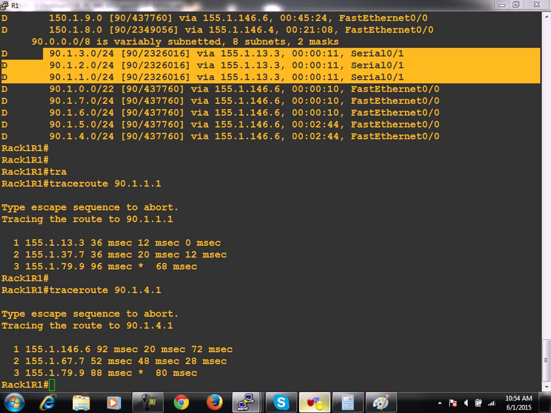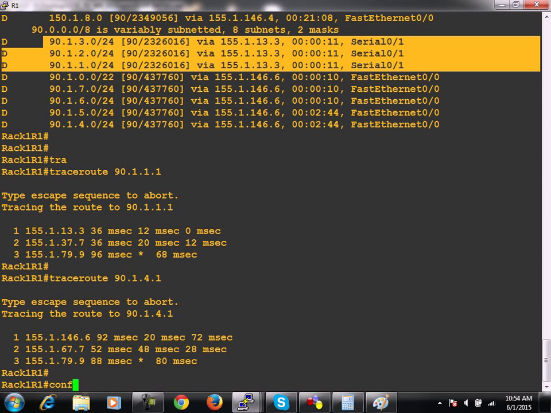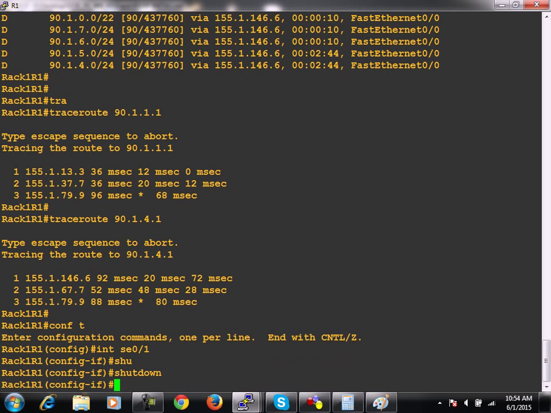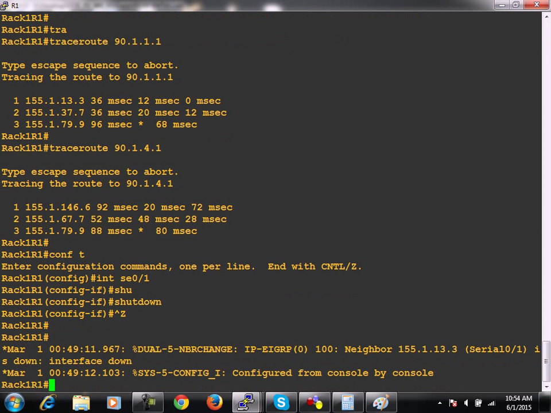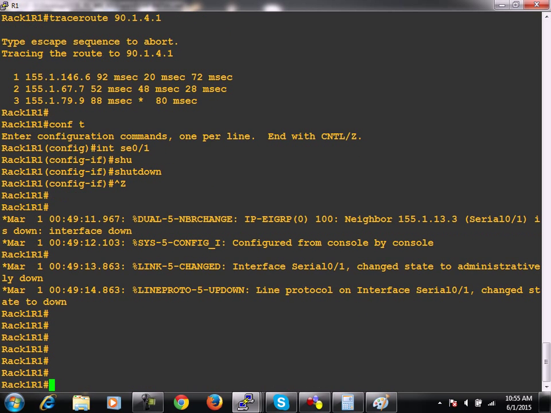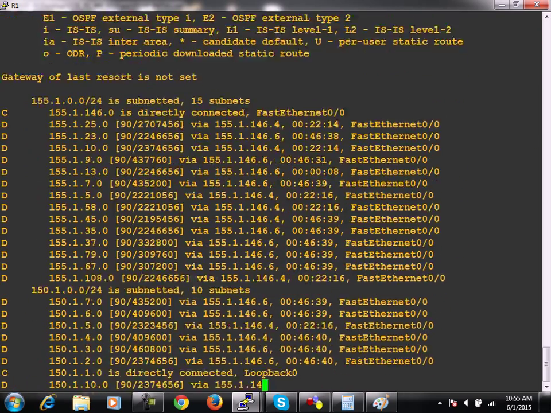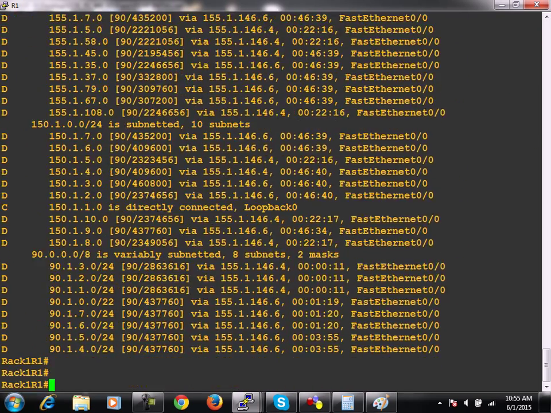Even in case R3 goes down, on R3 we can shut down, or on R1 itself we can shut down this S0/1. Move on R1, go to S0/1 and shut it down. Show IP route. If still it is receiving that summary address,